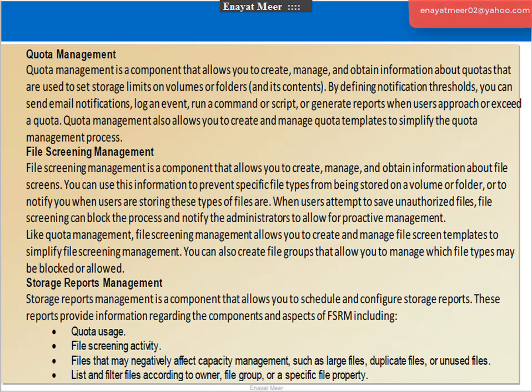Included are quota usage and file screening activity. You can see who is doing what, and who is trying what, and files that may negatively affect capacity management, such as large files. You don't want someone to store large files, and if they do, you can set up a warning. For example, somebody is given a 1 gigabyte limit, you can set up a warning at 800 megabytes,